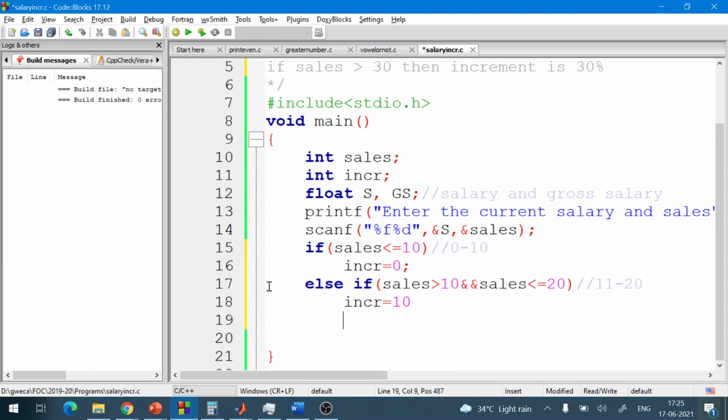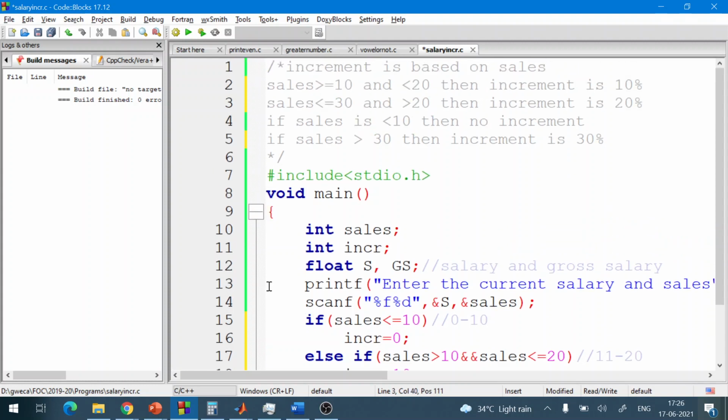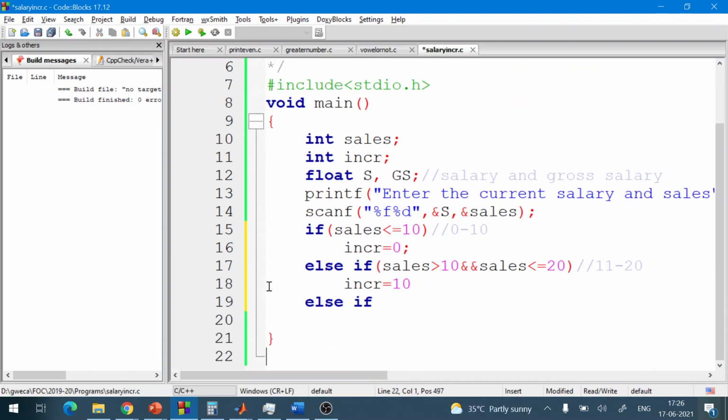Now again we have a condition: if it is not in this range, then the range is 21 to 100. But we have another range within 21 to 100, which is this one, 21 to 30.